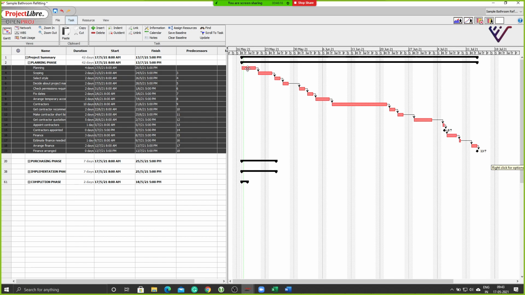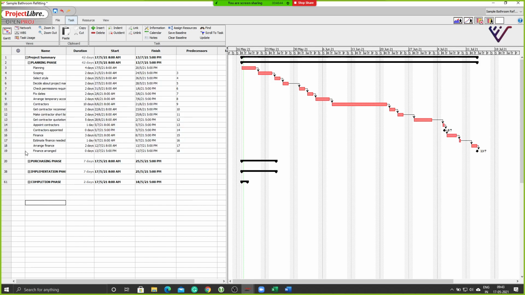And now if you see, all these activities which were blue in color have become red because the program is now considering all these activities as critical. They are all on the critical path. Okay. But some activities are not related to the previous one. So how do we avoid one arrow in this? Yeah, I'll just show that. So if you want to remove a connection between two, say for instance,